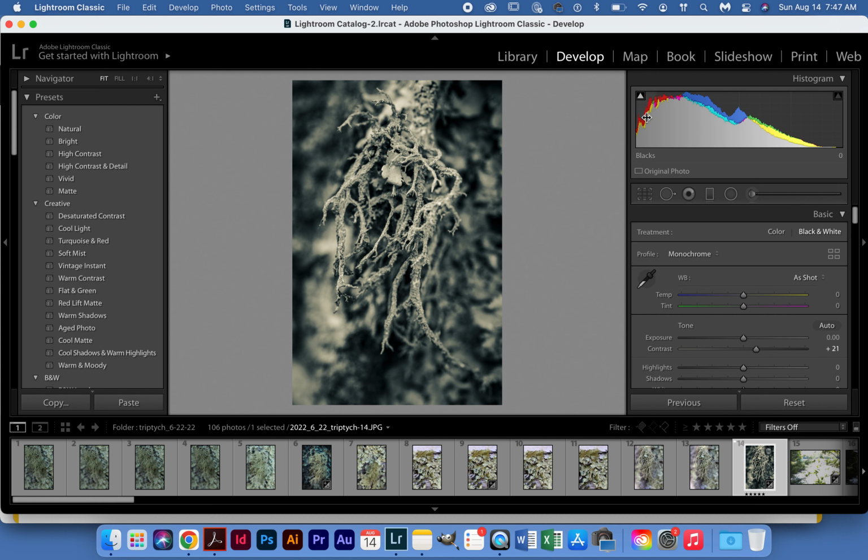The other thing I want to point out here is that we do have these colors that are in the background. This is also showing you the distribution of color. So this is a very monochromatic image. I actually removed all of the color and then added a split tone back in, which I'll teach you guys how to do later. But you'll notice that there's red, blue, and green, the three primary colors. That's actually the cones that we have in our eyes. So we have a cone to perceive red, we have a cone to perceive blue, and we have a cone